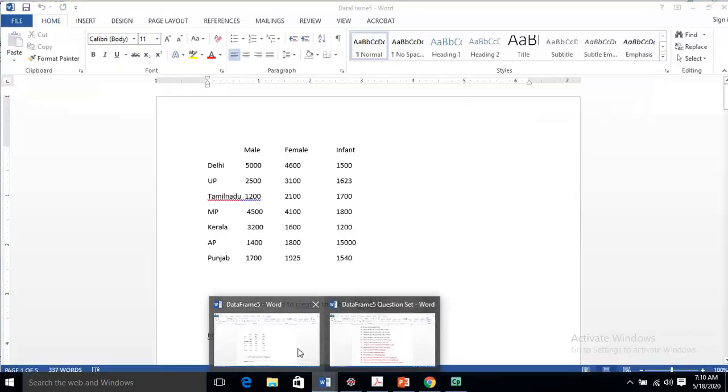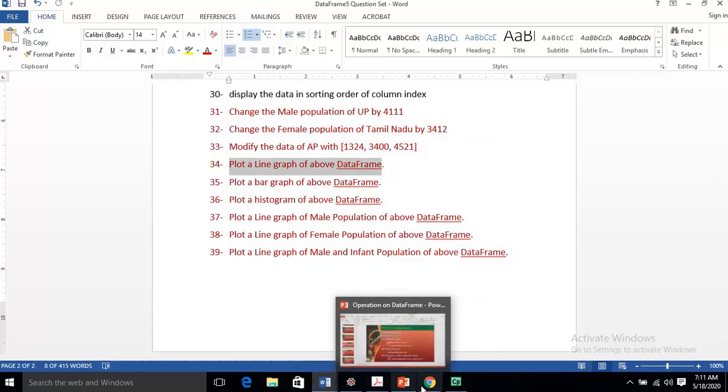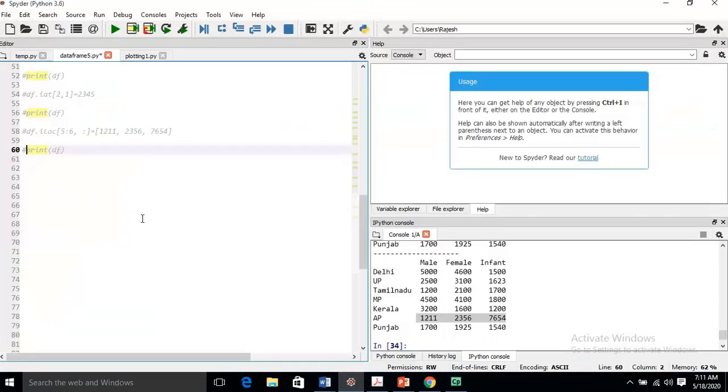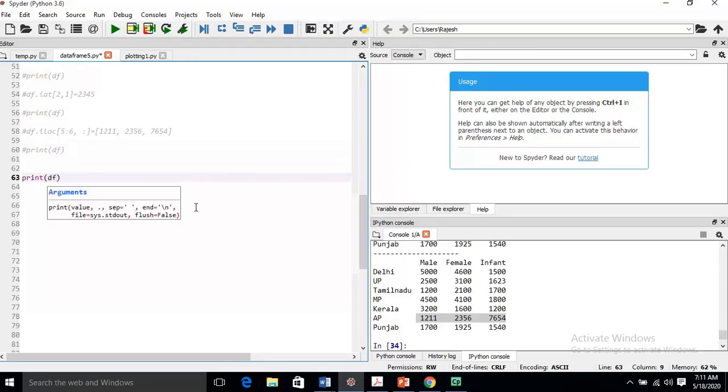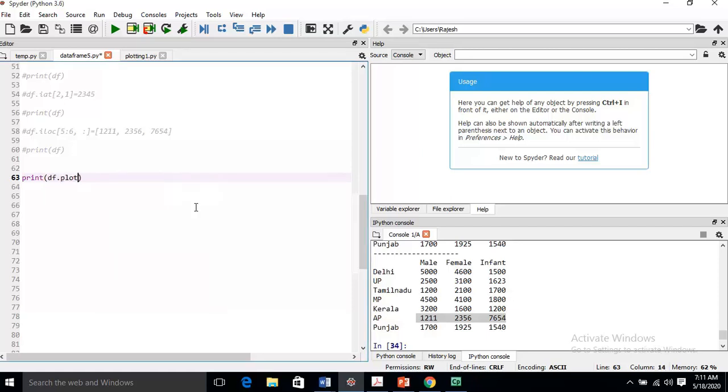First, the question is saying plot a line graph of the above data frame. Line graph we have to draw. Simple, you just see. This is print df dot plot.